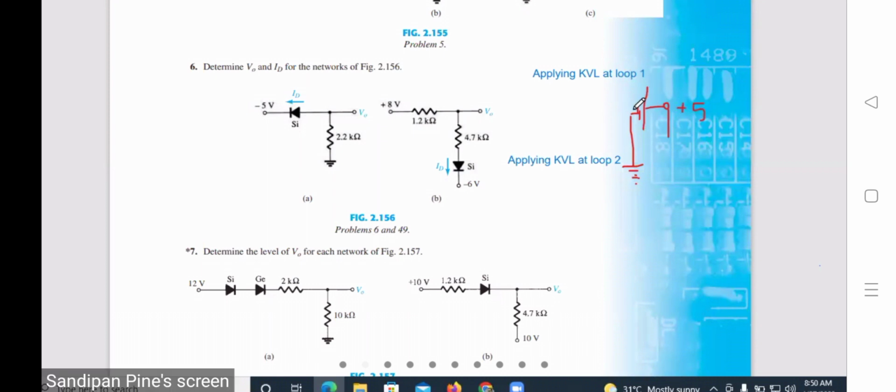Plus or big line of the battery is connected to this point pin and minus pin is grounded. If anywhere suppose minus 10 is written, that means a 10 volt battery is connected such a way that minus or small line of battery is connected here, big line or plus pin is connected to ground. So this is the meaning of positive point source and negative point source. Now here you can see in problem 6, the first problem, the minus 5 volt is connected. That means minus point of battery,